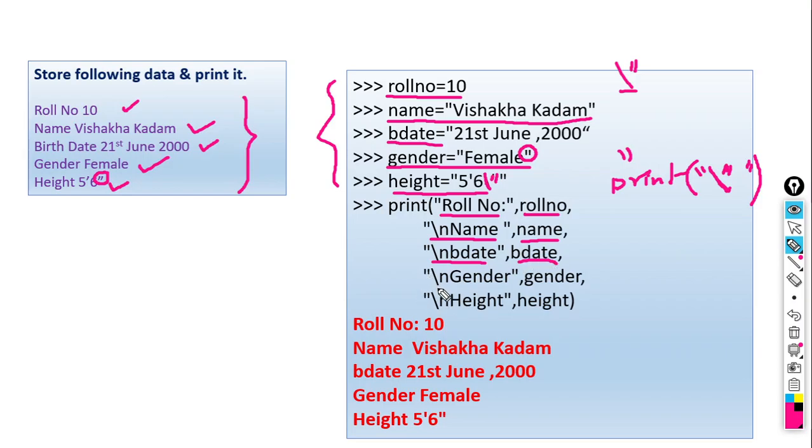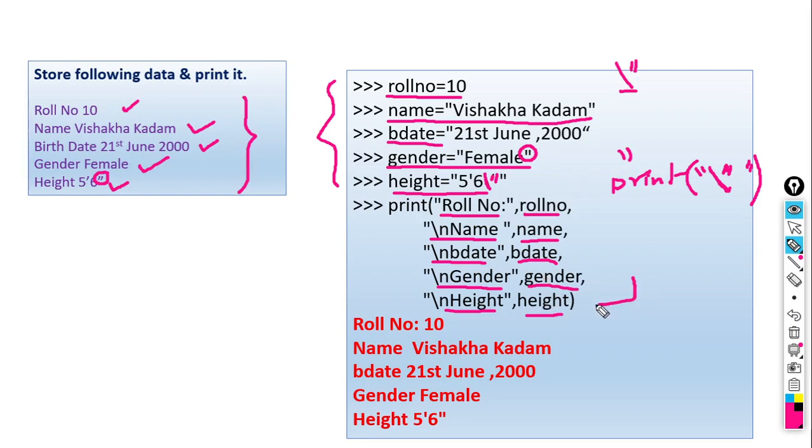Then next gender, so write here the string gender. What is the variable name? gender. Then height. What is the text here? Height. And what is the variable name for this one? Height. So in the print statement we used 5 different variable names: roll number, name, bdate, gender and height.